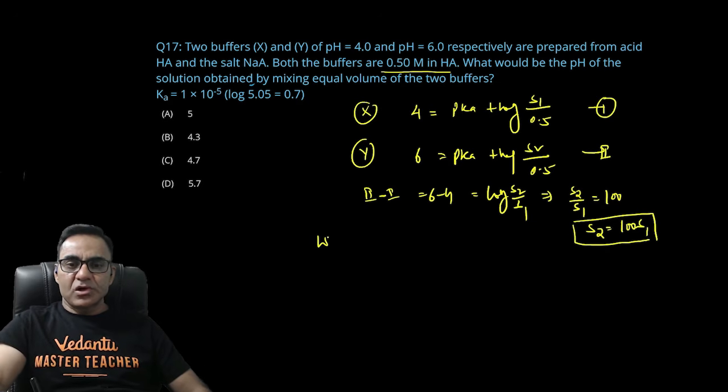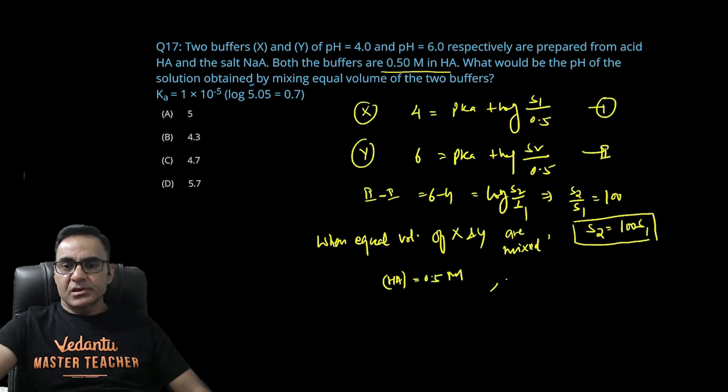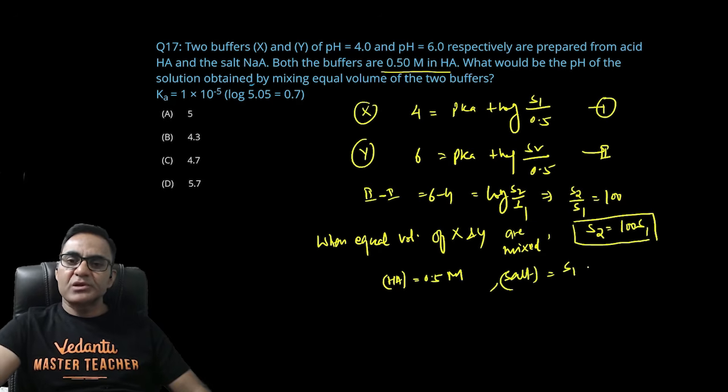अब जब इक्वल वॉल्यूम ऑफ X एंड Y आर मिक्स्ड, देन आपका HA कॉन्सेंट्रेशन तो उतना ही रहेगा 0.5 मोलर, लेकिन जो सॉल्ट की कॉन्सेंट्रेशन होगी वो हो जाएगी S1B प्लस S2B अपॉन 2B, यानी S1 प्लस S2 बाई 2, तो ये आपका आ जाएगा 101 S1 बाई 2।